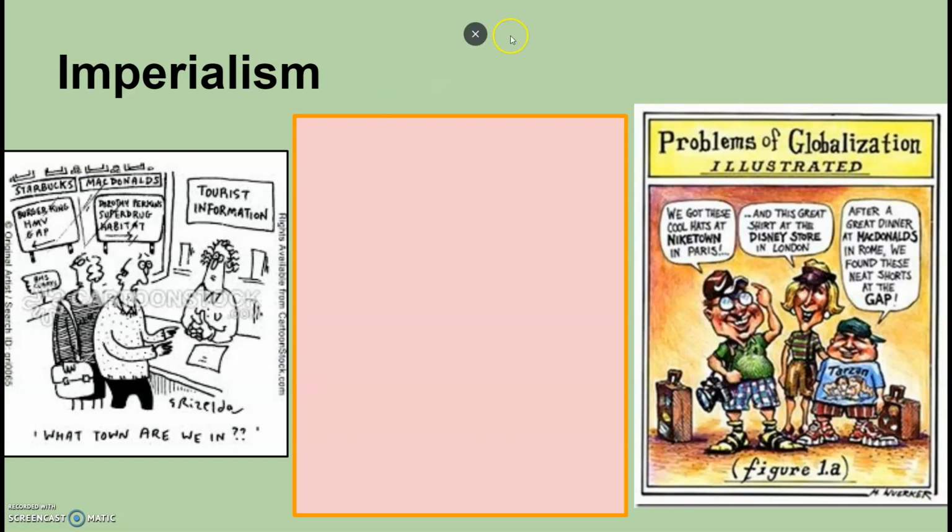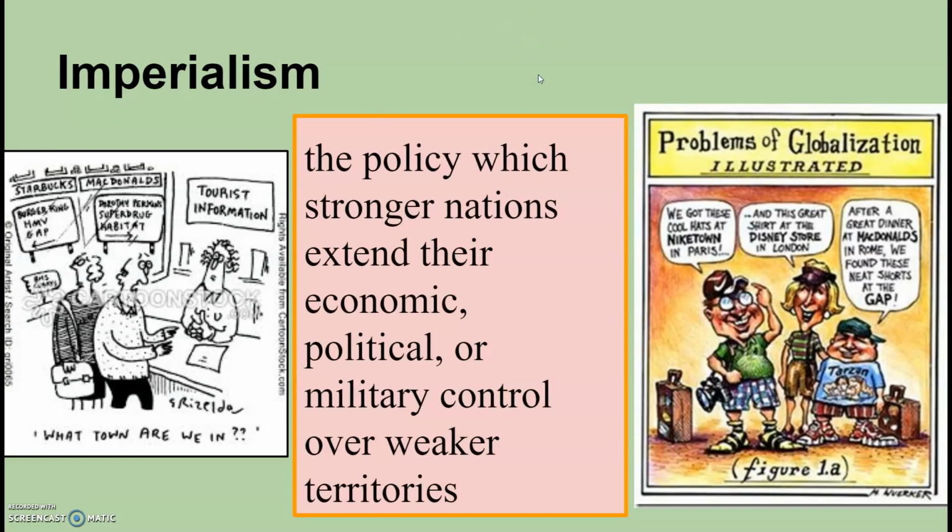So what we're going to talk about is we're just going to kind of go through what it is and then kind of talk about, as a result, what happened from imperialism. So imperialism is the policy which stronger nations extend their economic, political, or military control over weaker territories. So if you look over here, one thing that imperialism causes is a concept that we have talked about before. So if you remember back when we talked about